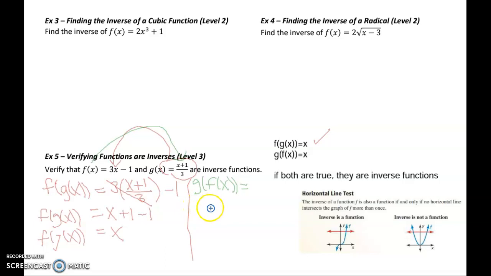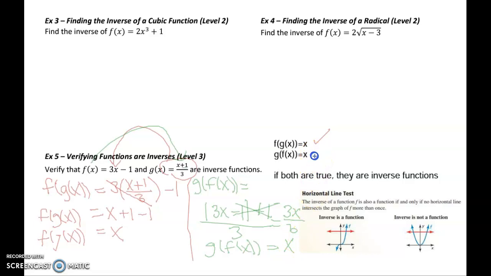So instead of x plus 1, we're going to have 3x minus 1 plus 1, and then divide that by 3. So at the top, we have 3x minus 1 plus 1. The 1's cancel each other out, and then we're left with 3x over 3. 3x over 3 does equal x. So we see that g of f of x